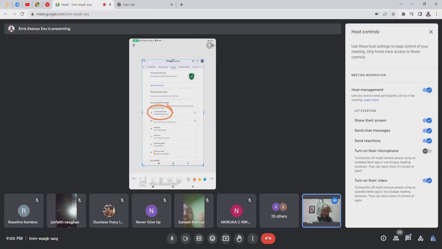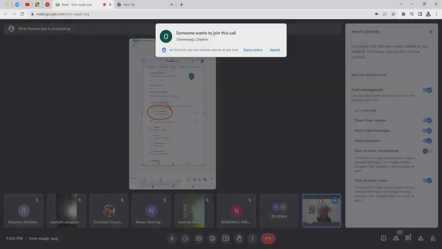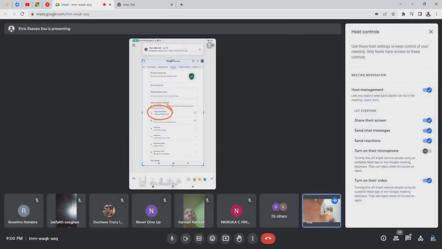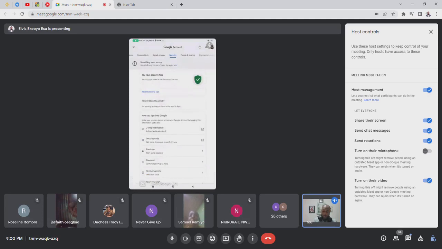So if the person who is trying to access your details does not have that code, the person won't be able to. Now you could select to use your phone number, or you could also select to use your email to receive that code. Now under the two-step verification, if we click on it,